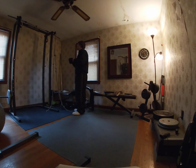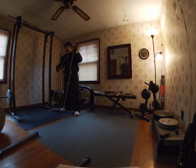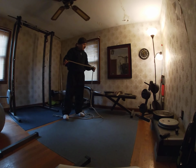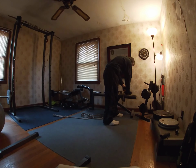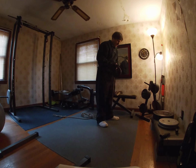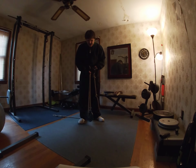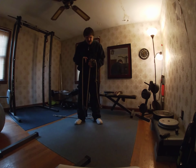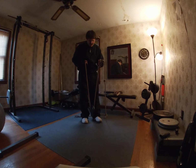So I'll do another exercise. If you don't have a cable pull system like this, basically if you can get a rope and you can take a plate, whatever weight is comfortable for you, you can do the same exercise with a rope. Just lean forward a little bit. This is a variation of that exercise, but basically it hits the same muscles